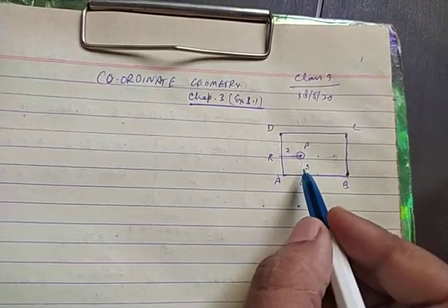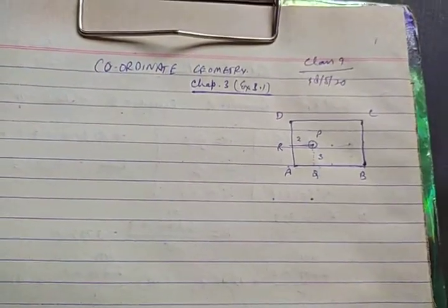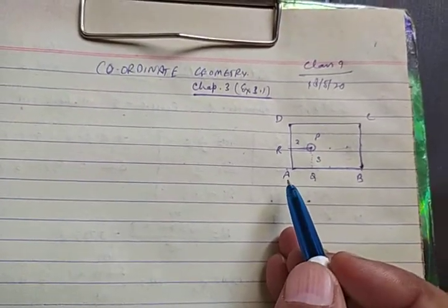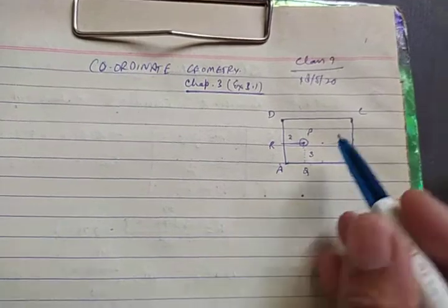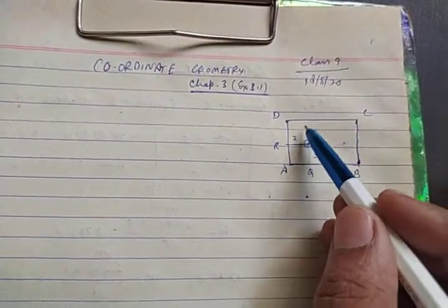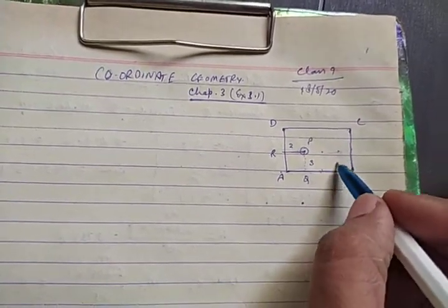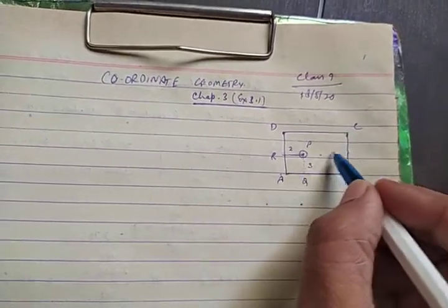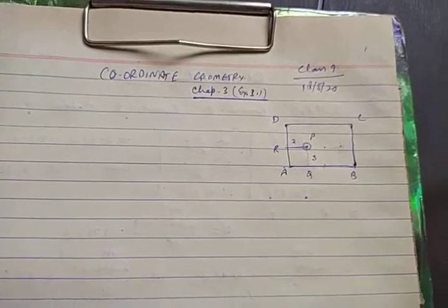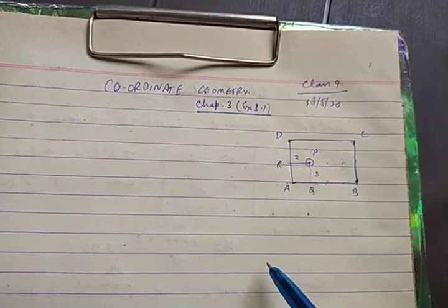So what you are observing here is that to specify the position of any object, in this case the table, two measurements are required. One thing I should also discuss: if you take another measurement from the wall DC, then again the same situation will arise. This is 3 feet, this is 2 feet. Wherever you place the table, the distance will be followed, and the position is not fixed. It means the two measurement directions must be perpendicular to each other.